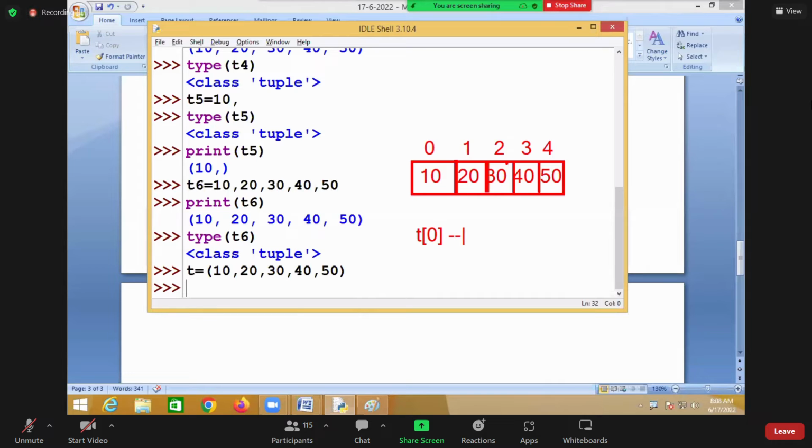So what is the value of t of 0? 10. What is the value of t of 1? 20. But can I write t of 0 equal to 99? No, I cannot write it because